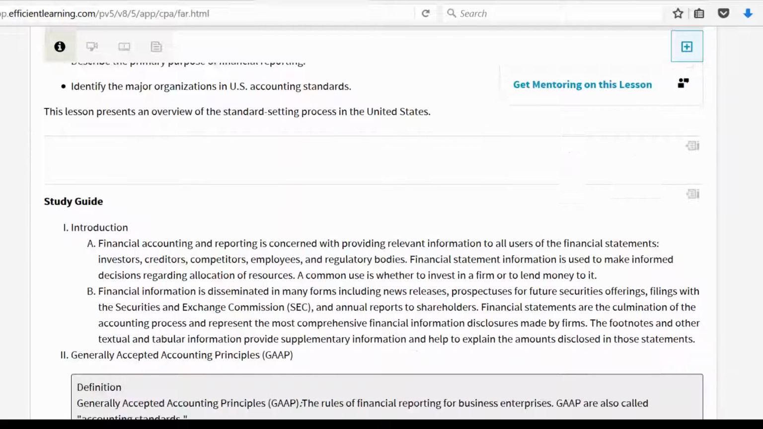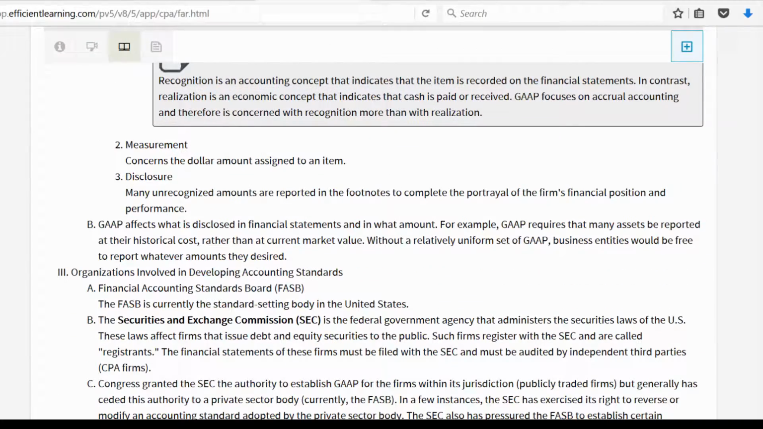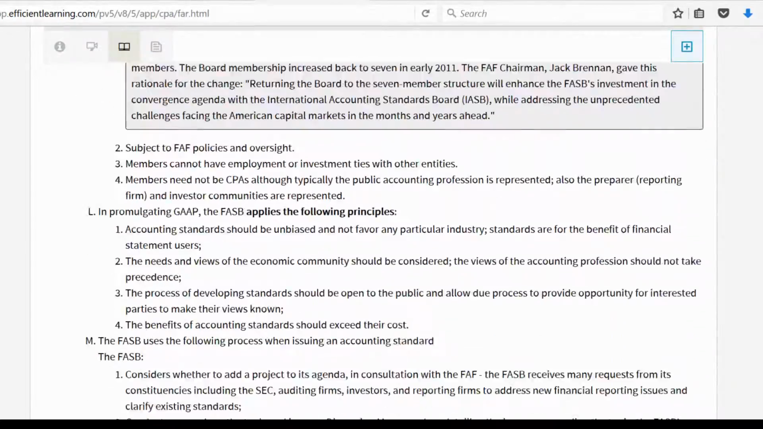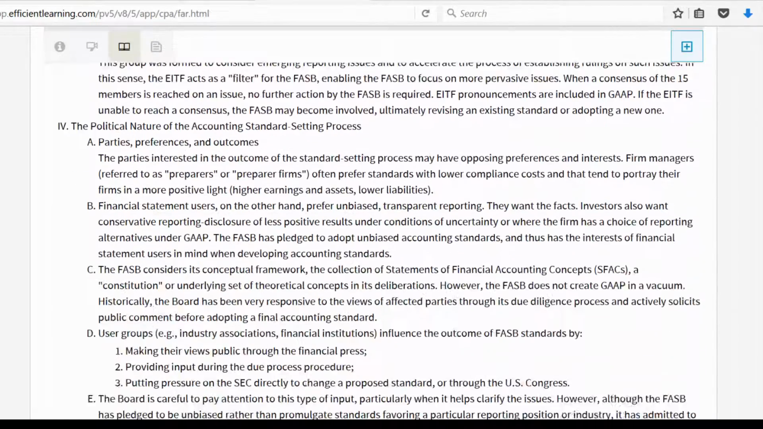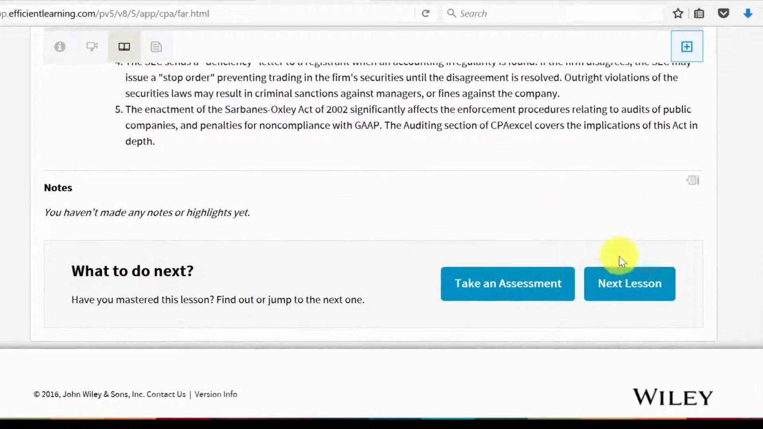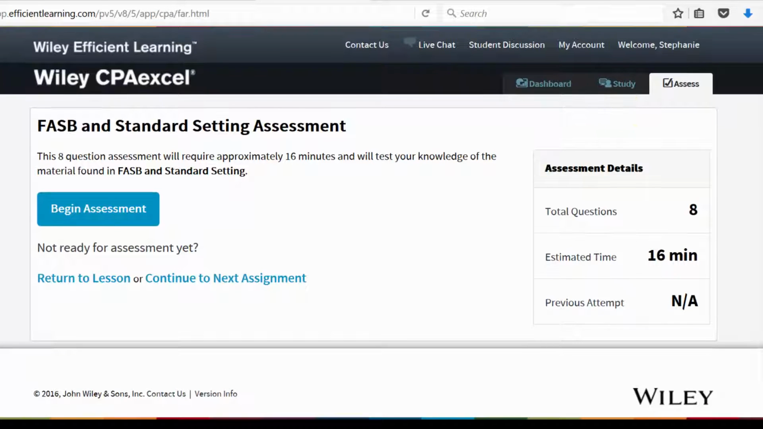Here is an overview of the lesson, and if we scroll down, we can read the study text and the highlighted notes. This lesson is again quite short and theoretical. In later chapters, you will see some computations with examples. Let's take the assessment. You are given the options to skip, but I strongly recommend that you take these mini-tests